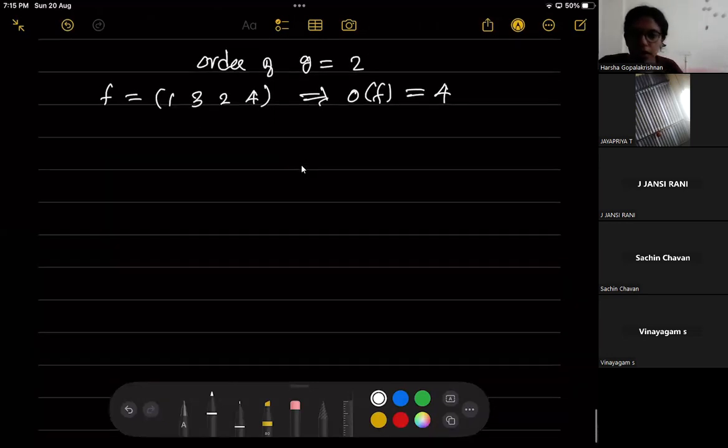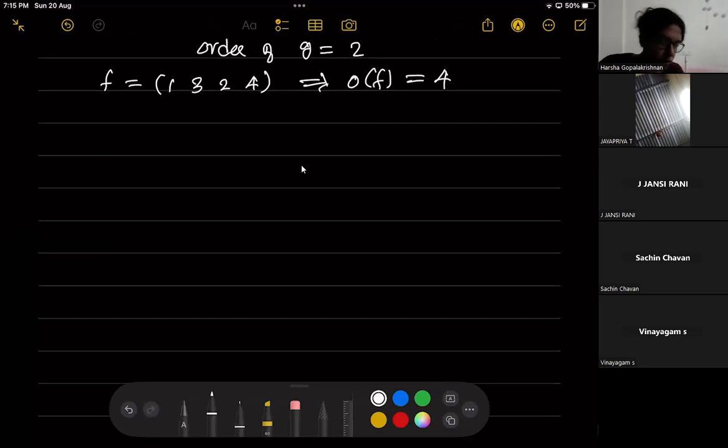Now let's go to one question from homomorphism. So we have already seen what is homomorphism. So the question is,